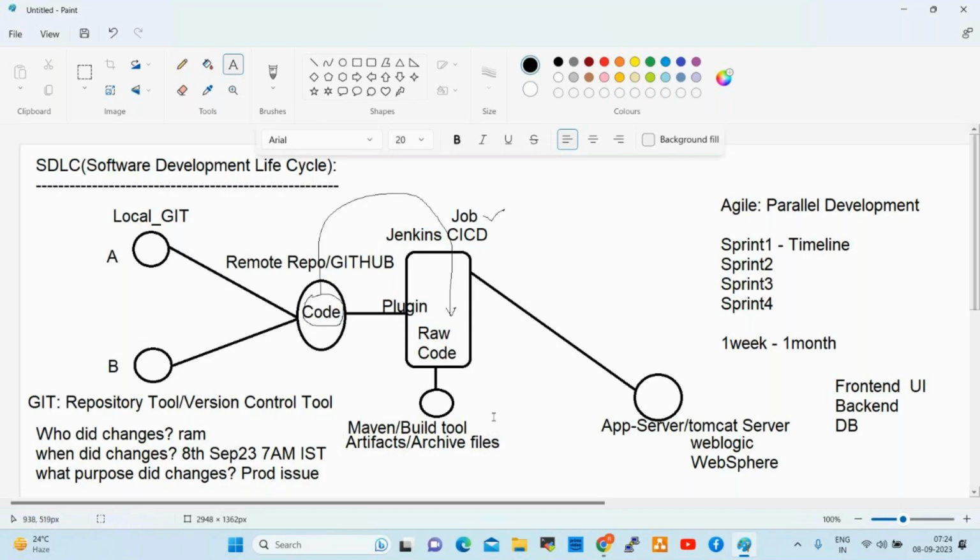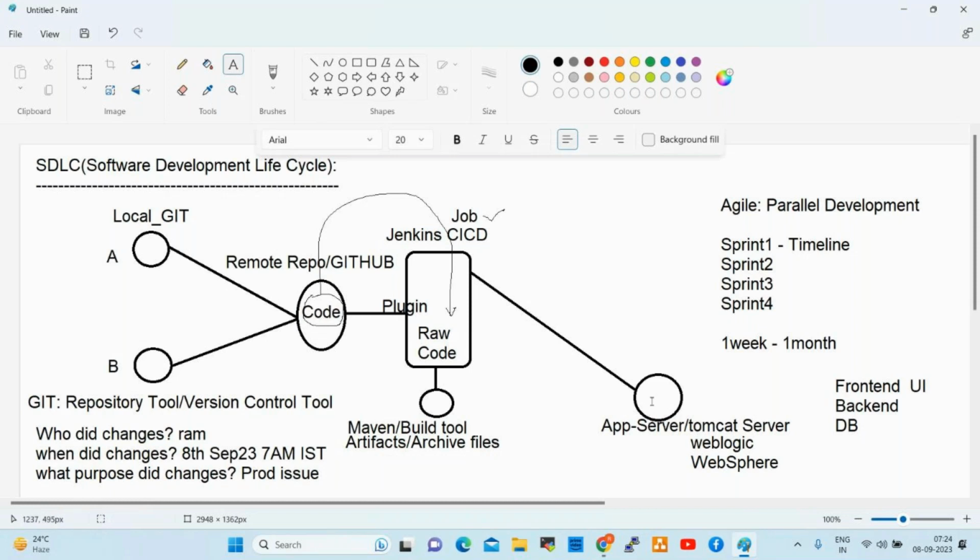This raw code will be converted into a single archive file because application servers understand only artifacts. They will not understand raw code. We cannot deploy raw code onto application servers. That is why we require artifacts here.